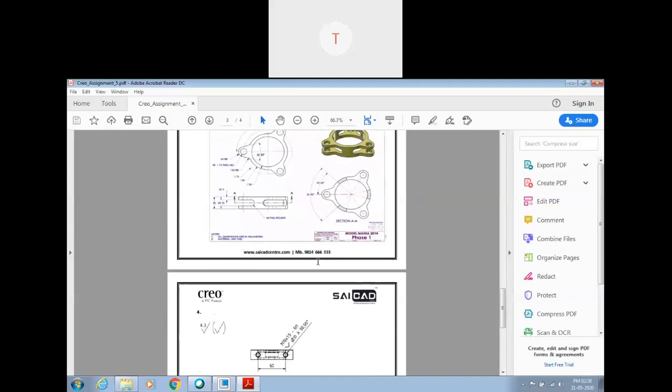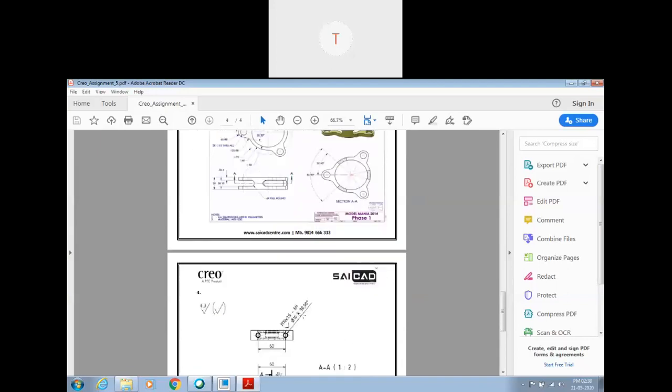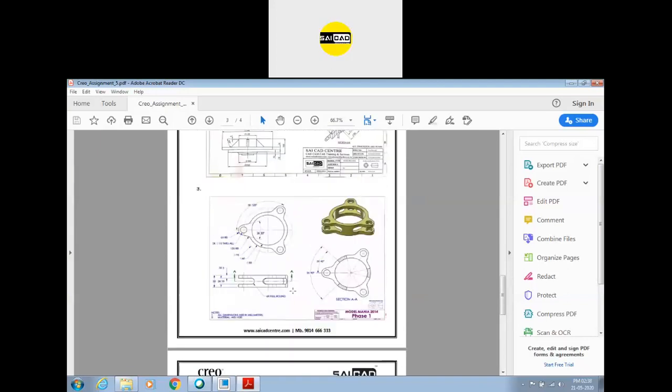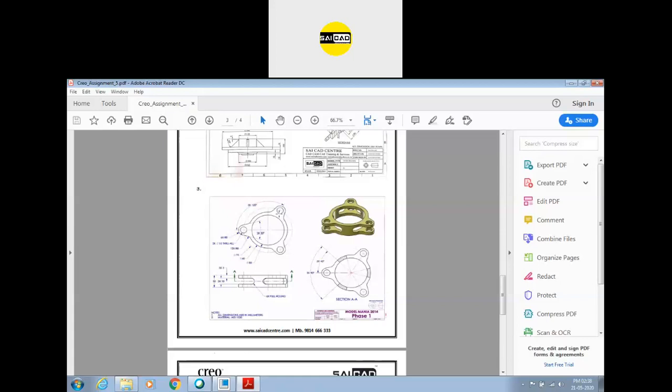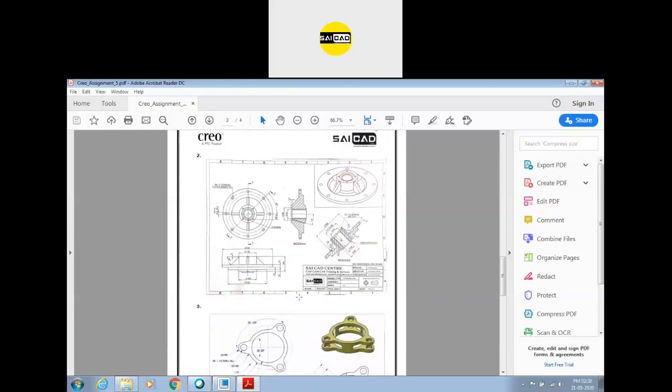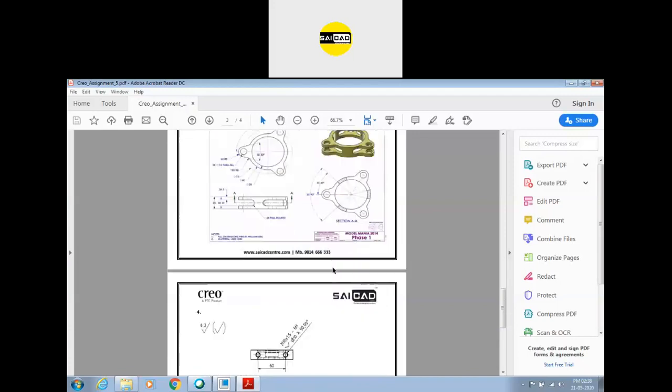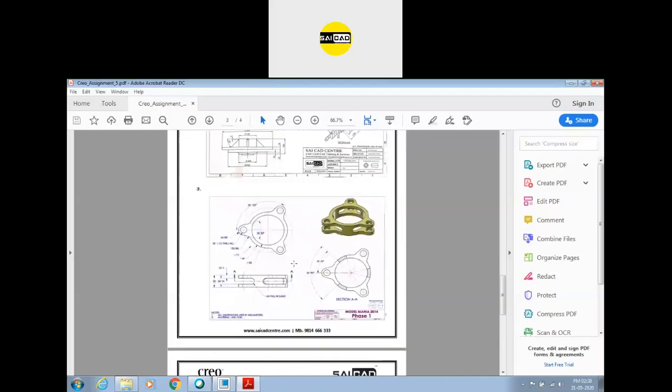Okay. So it's the third angle projection. Use it in the third angle projection. If you want to know that this is in the third angle, use according to the third angle. This one is also in the third angle projection.